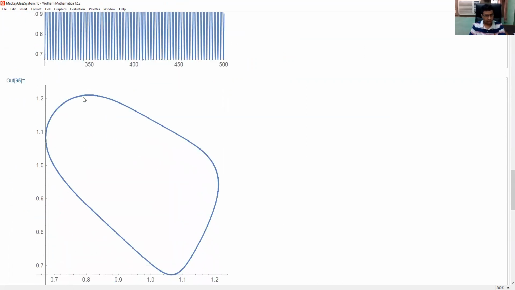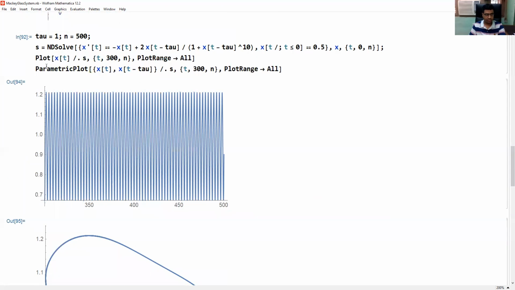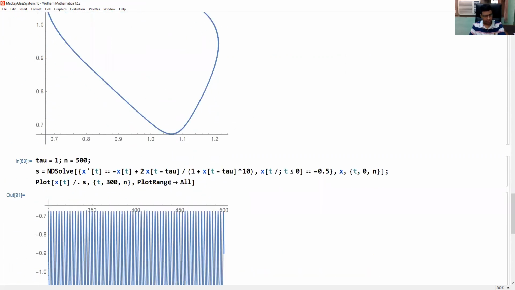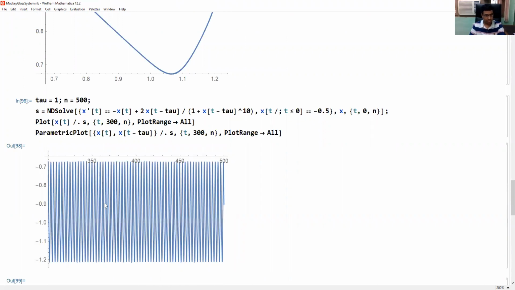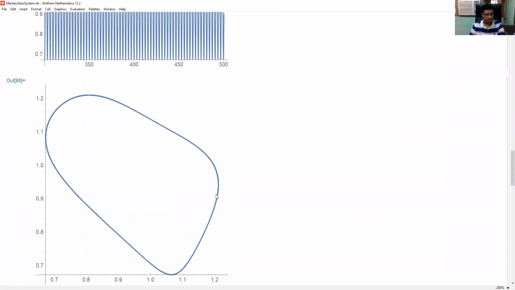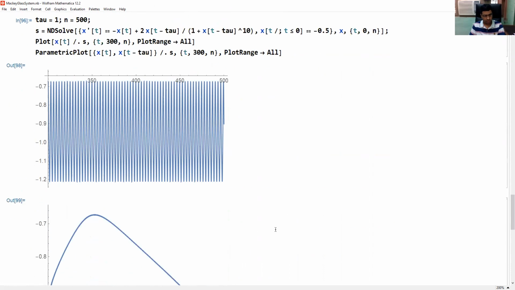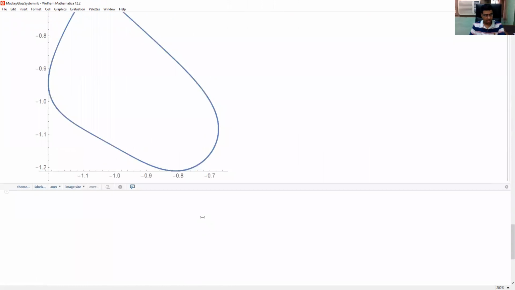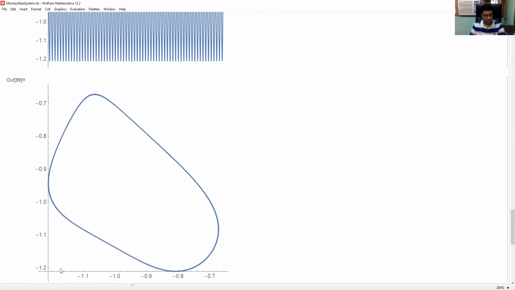Okay, we can see clearly a closed orbit. Okay, so this is one cycle at tau equal to 1. So let us see one cycle for this initial condition also. Okay, I think this is in the first quadrant. Okay, x and y both are positive. This is in the third quadrant. Okay, x and y both are negative.